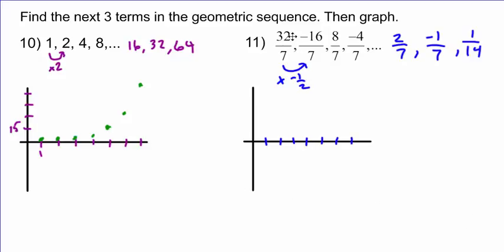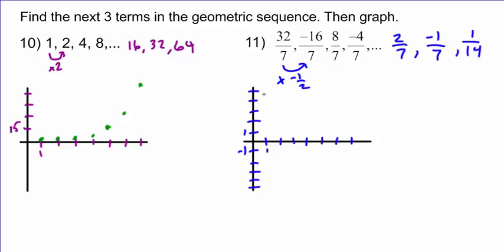All right, 32/7 is our largest number. Well, that's just a little below 5. I'm just going to count by ones on this one: 1, 2, 3, 4, 5. And I can go down the same steps. So this is -1, this is +1, and this right here would be my first term. So the first term we know is